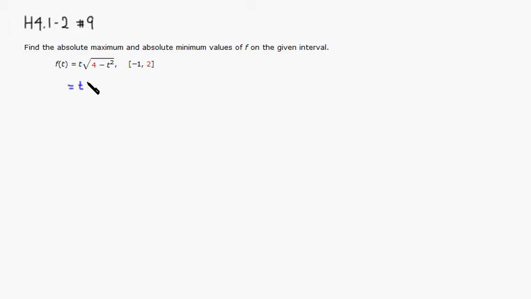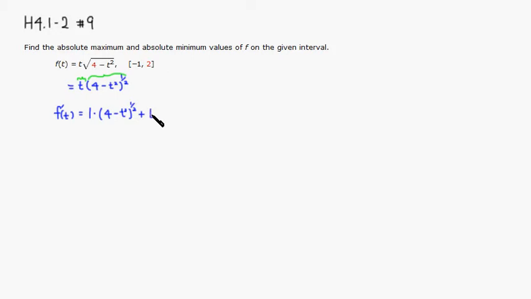t times quantity 4 minus t squared to the 1/2 power. Right, so let's take the derivative. So f prime of t is equal to, right, so we're gonna have to use a product rule since you have two things. So this is the first guy, this is the second guy, so use the product rule to take the derivative. Derivative of the first guy is 1 times the second, so it's 4 minus t squared to the 1/2 power, right, plus